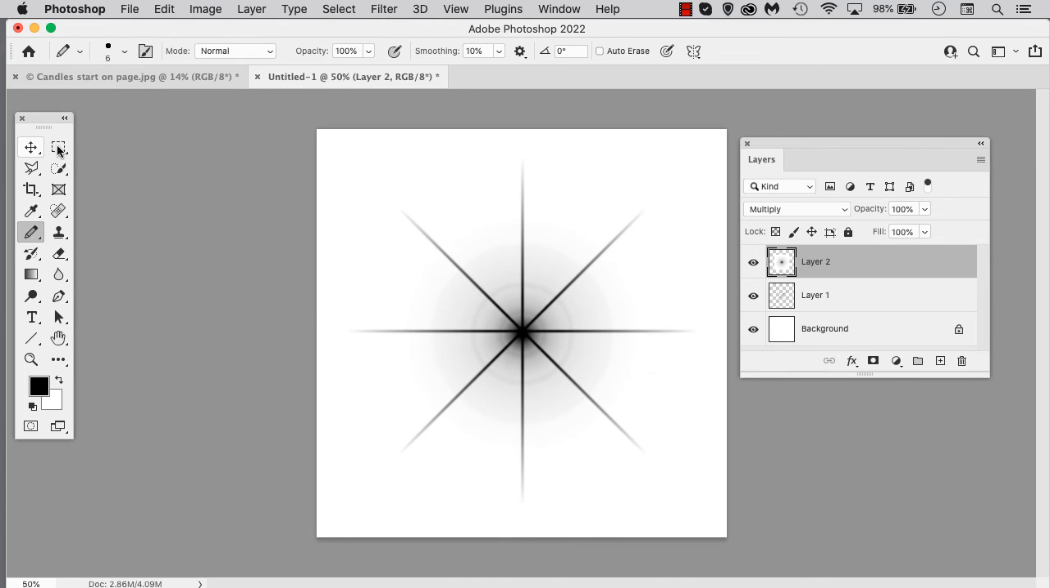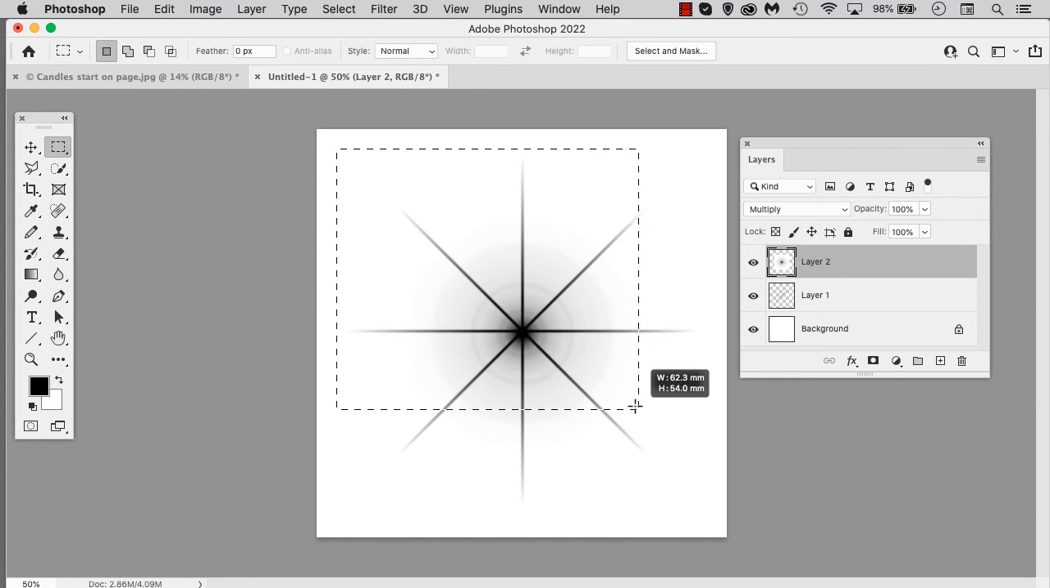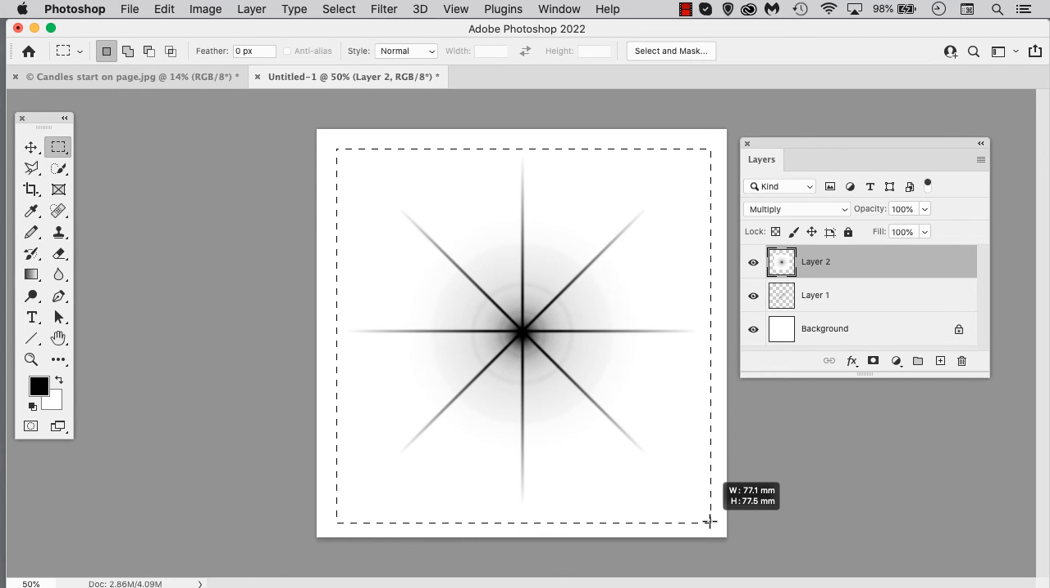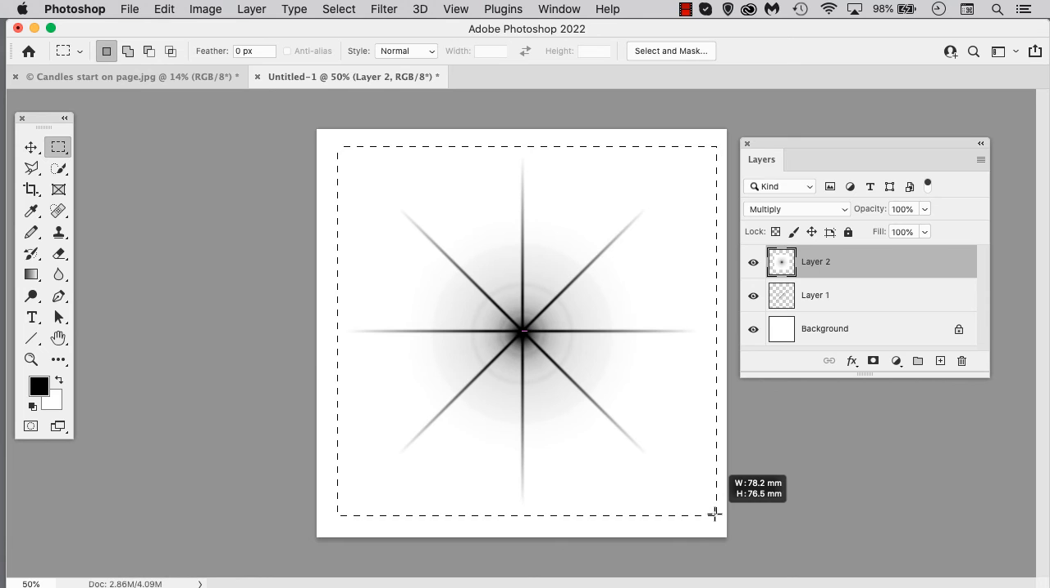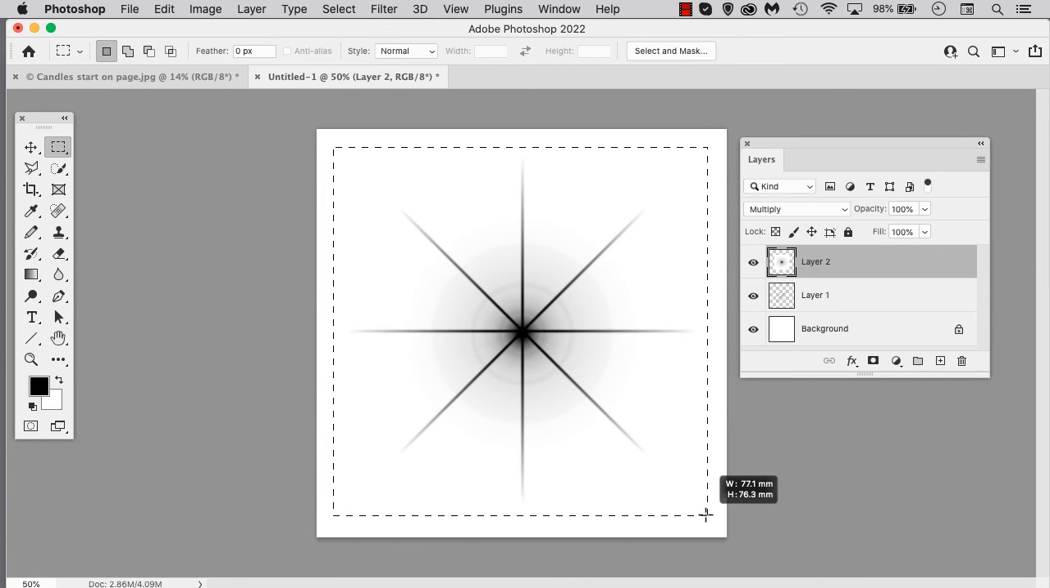So to do that, click on the rectangular marquee tool, and then just draw around it, making sure you get the whole thing in, so all of the prongs get contained within that selection. Something like that should be good. Hold down the space bar and you can wiggle things around before you release the mouse, but that looks about